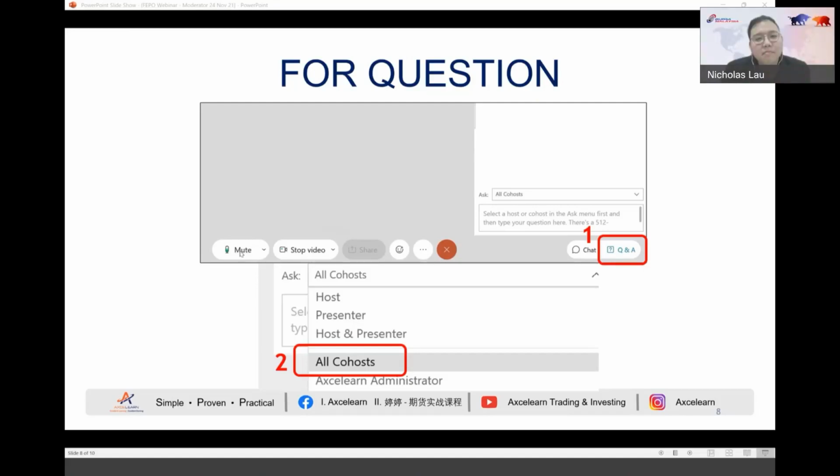Okay, the next question for Nelson. Does soybean have any seasonal patterns? The answer to that question is yes. There is a very distinct seasonal pattern. I'm sorry, this is for soybeans or soybean oil? Soybean. Okay. Yes, there is a very distinct seasonal pattern.